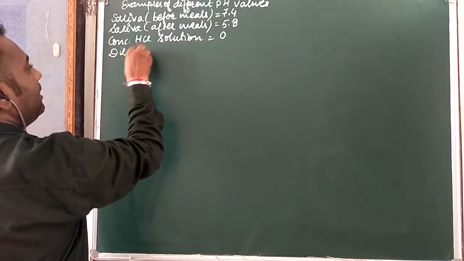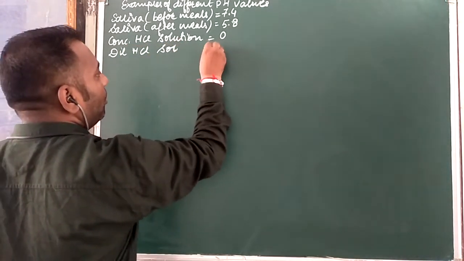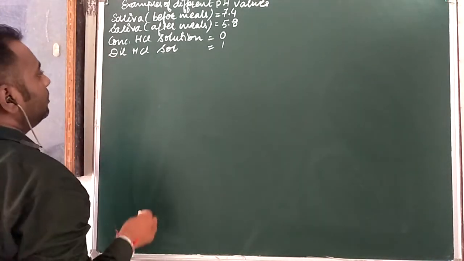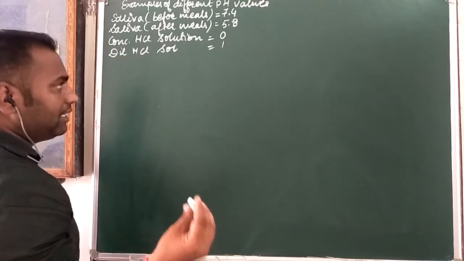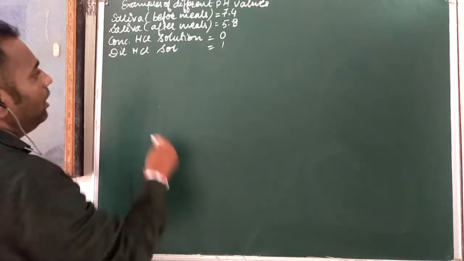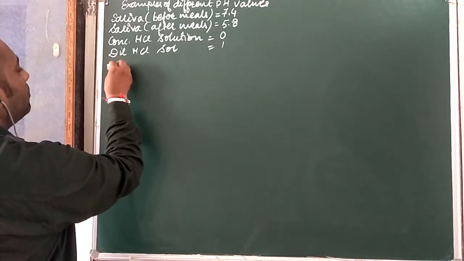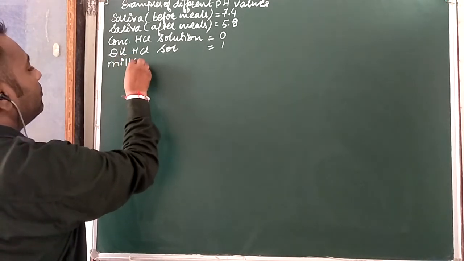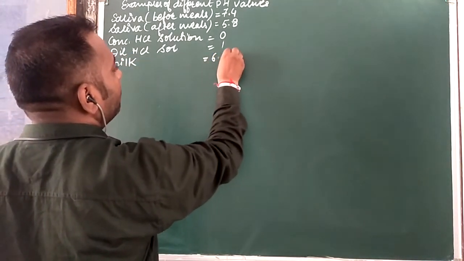Dilute HCl solution, 1. Then our tooth decay starts at 5.5, and milk having pH of 6.5,